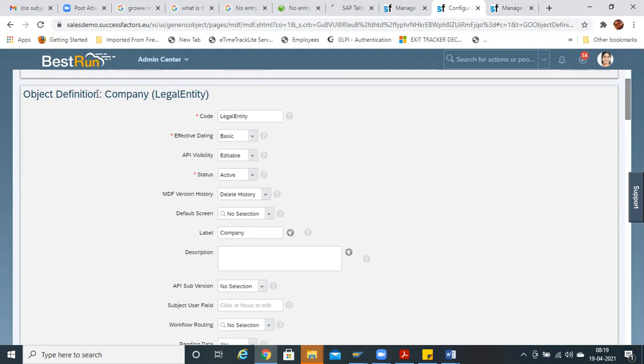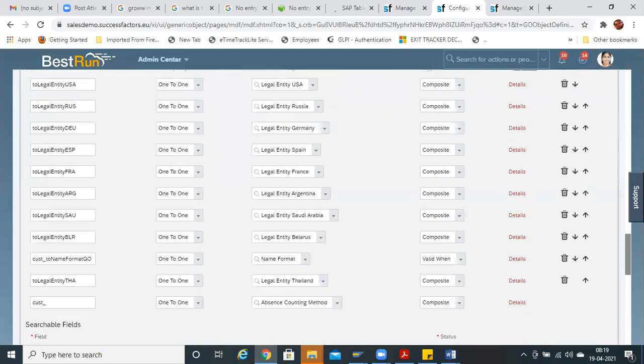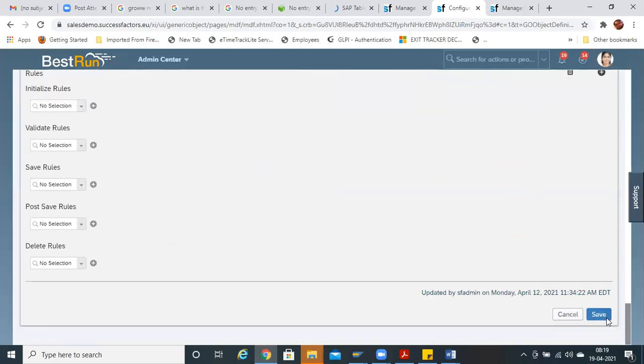Now for example, I just want to change the look and feel of the design of legal entity. So what to do? In default screen, just mention legal entity new. Come here, save it.